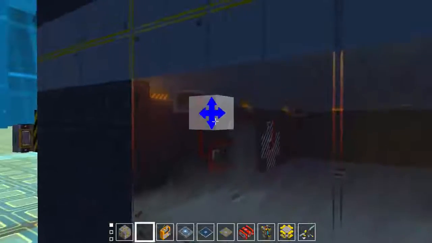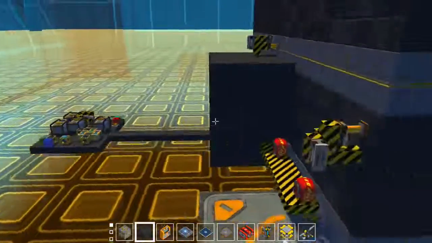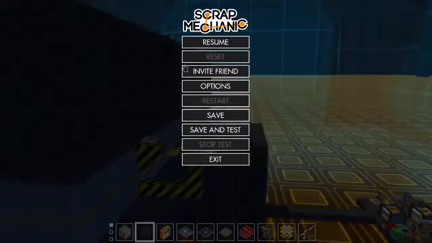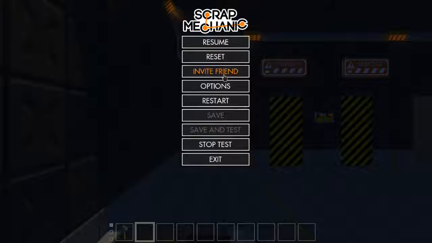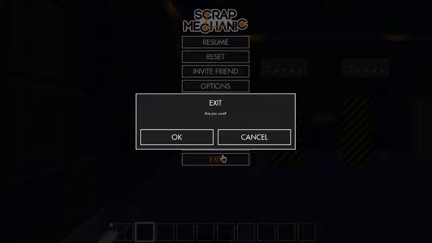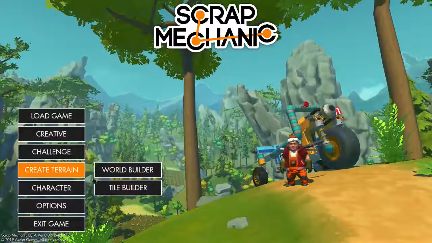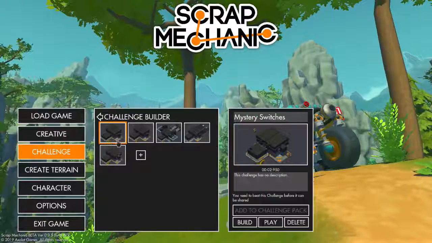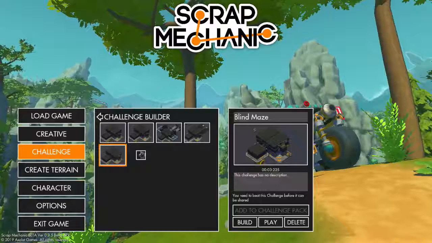But then you get to press the button, and I believe the timer is extended just so you can finish it on time here. So yeah, you go through, and some of the switches are pretty hidden, some of them aren't, and yeah, it's pretty interesting. Nope, not that. Challenge builder. Next one, after simple pattern and mystery switches, then you go to